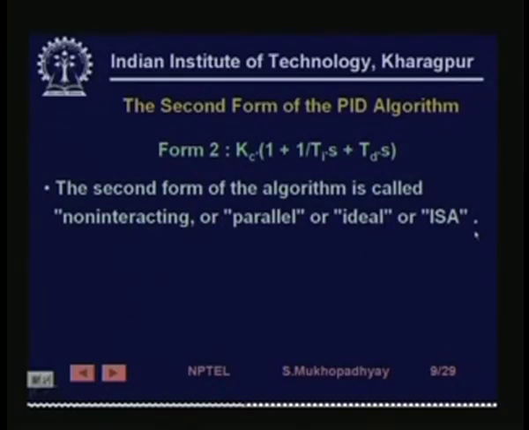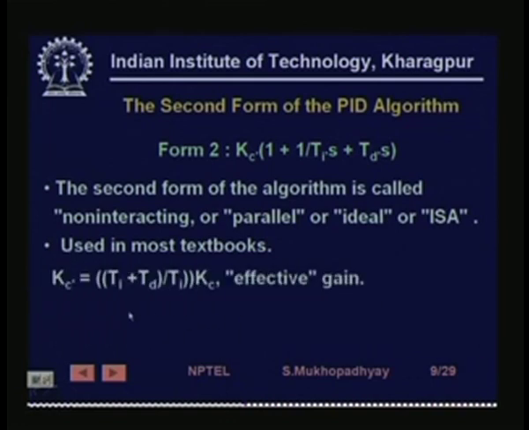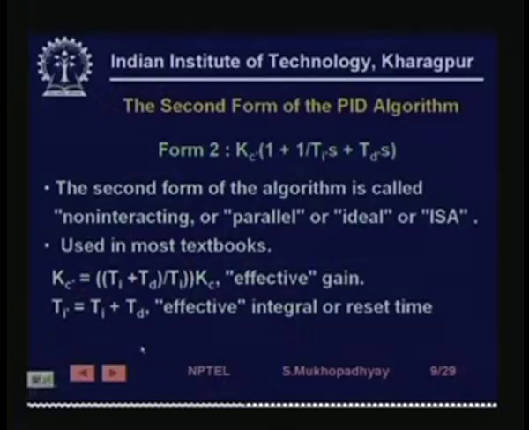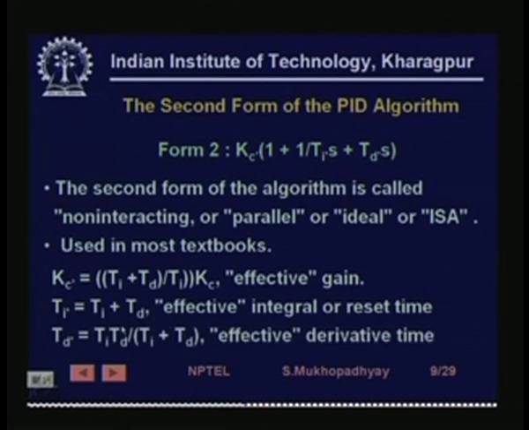Sometimes it is called IDEAL or ISA, meaning Instrument Society of America. I do not know how far these names IDEAL or ISA are valid. It is used in most of the textbooks, and you could try to convert between the forms. So, what is the relationship between form 1 and form 2, for example? It turns out if you solve by equating coefficients of s in the numerator and in the denominator, then you would find very easily that